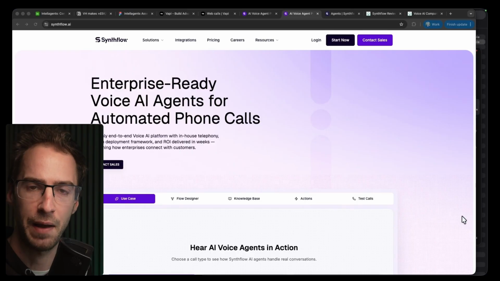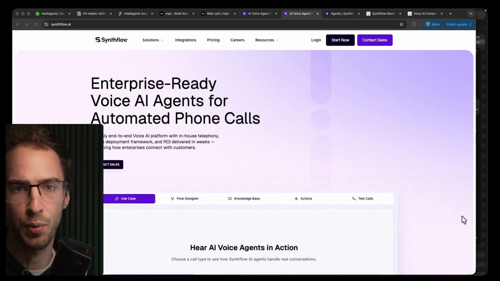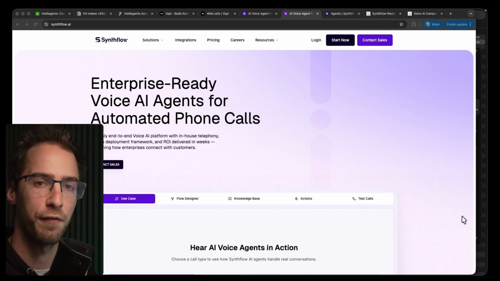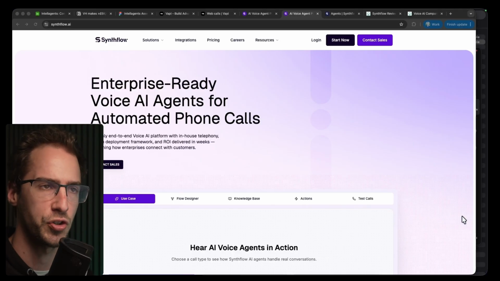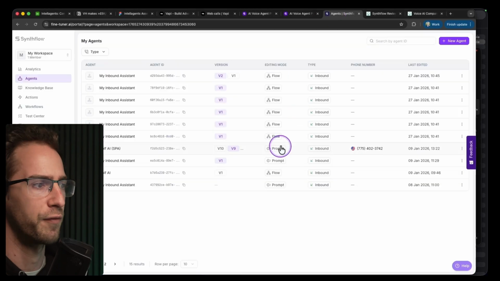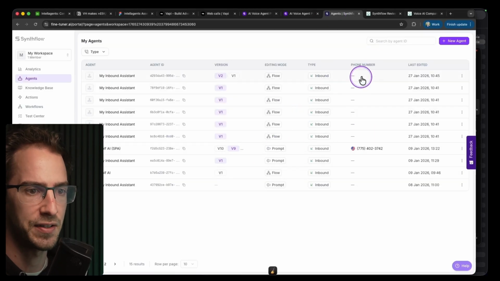So let's start with Synthflow. Synthflow is a no-code platform for building voice agents, and they've been making some pretty big changes recently. They've rolled out their Flow workflow editor, also massively overhauled their pricing, which we'll touch on at the end. But if we jump into their platform, I'll quickly show you how easy it is to build voice